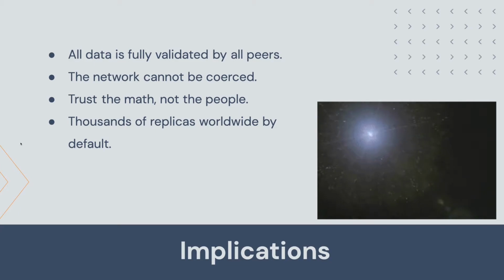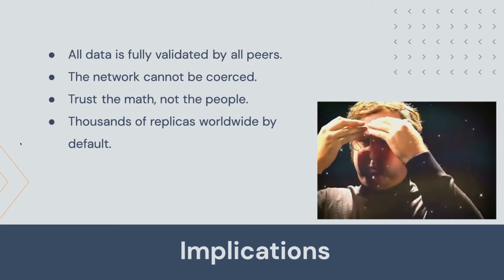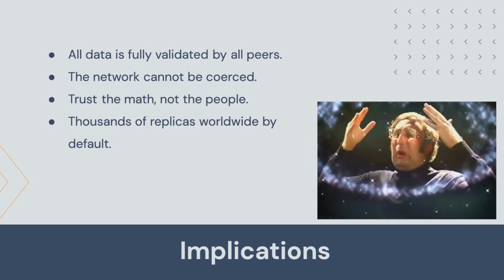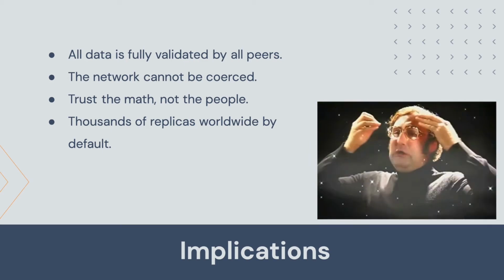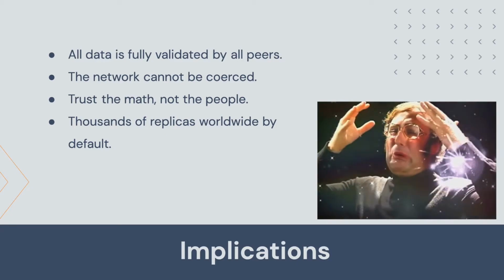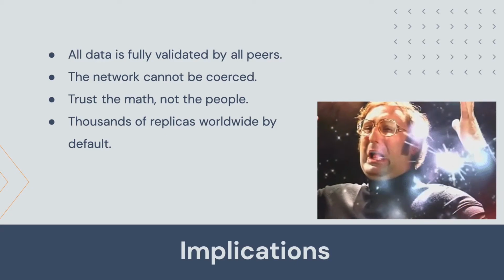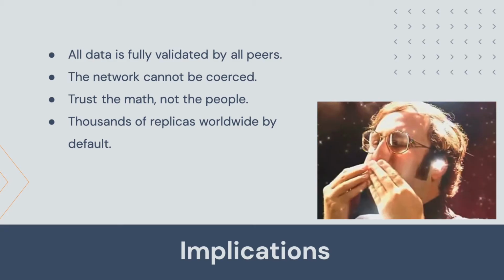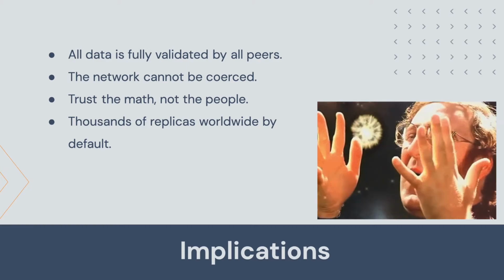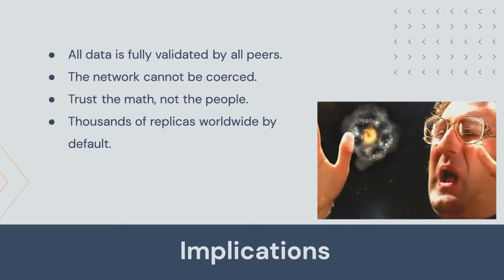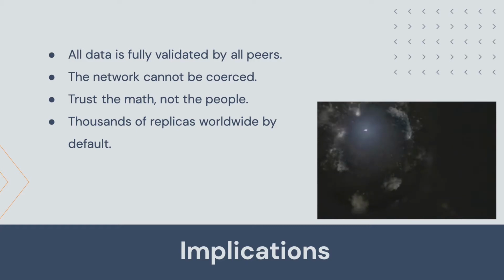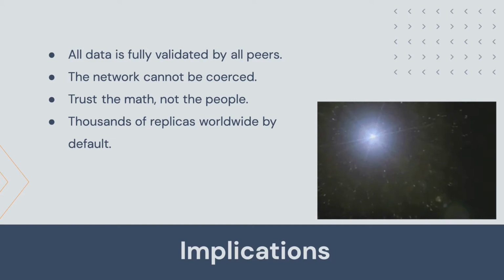And the final one, the cherry on top. There are thousands of replicas worldwide by default. This is a decentralized network, so the data by definition has to reside in thousands of places across the globe, thousands of nodes, thousands of copies. Anyone can get a full copy of all the data in a blockchain and can run analytics on it or execute transactions or even propose new blocks. If a peer crashes or is knocked out by a government or criminals, then I can work off another peer. So the data is always fresh and equally valid in any place where it exists. Okay?